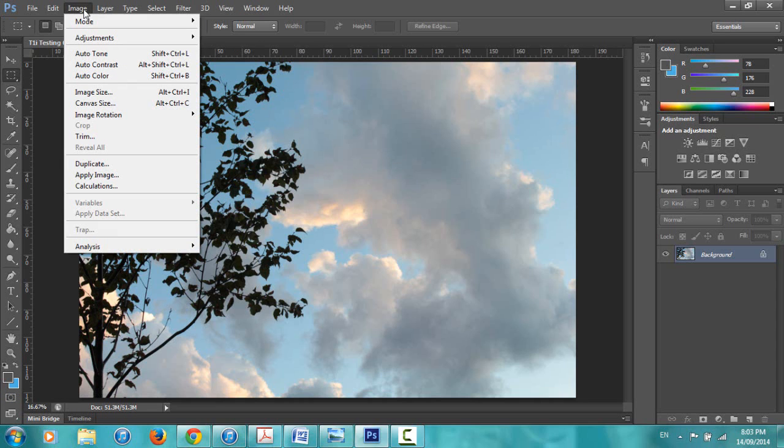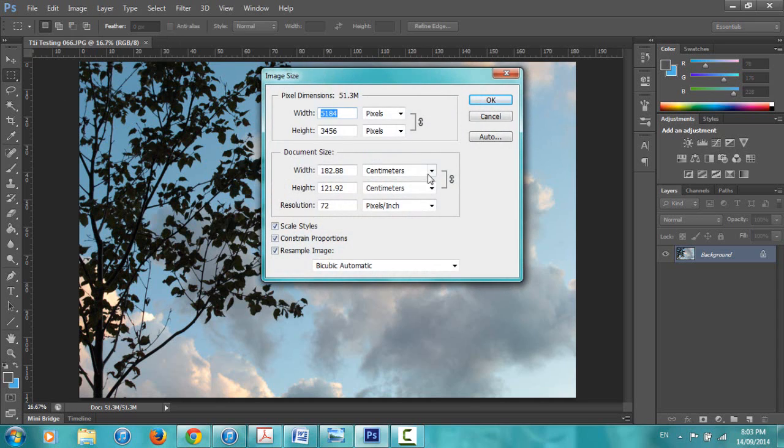So the way that we can edit our image size is to go into Image Size. Right now we can see that it is over 5,000 pixels wide and about 3,500 pixels high, which is a big deal, and it's 51.3 megabytes. So that's how big that file is. Sometimes when you're uploading to websites, they have a megabyte limit or a size limit that way. This is where you can resize your image to make sure that it's under that limit as you're figuring it out.